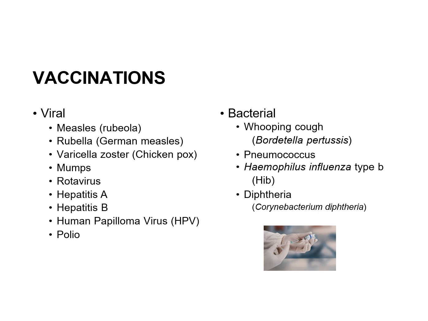Some viral examples listed here, we have measles, rubella, varicella zoster, mumps, the rotavirus, hepatitis A, hepatitis B, HPV, and polio. Some bacterial examples listed here are whooping cough, pneumococcus, diphtheria,